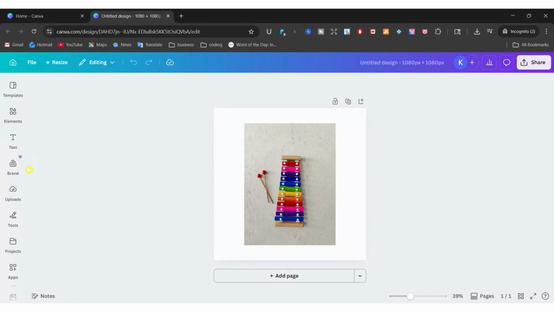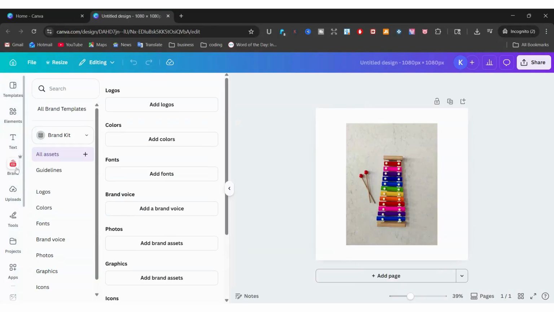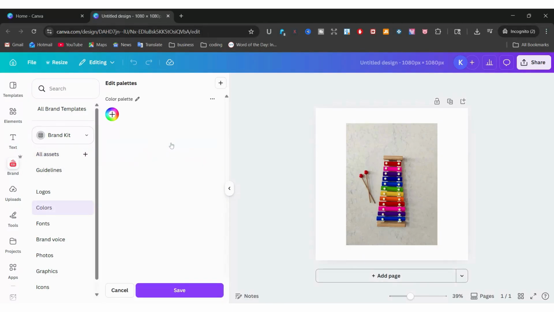On the left-hand side, go to Brand, and here click Add Colors. So I do want to mention this is for Pro users only. If you're on the free plan, you have to upgrade to the Pro plan to be able to use this feature. So I'm going to come over here, click Add a New Color,